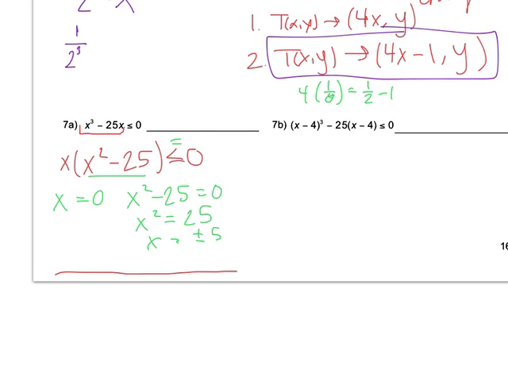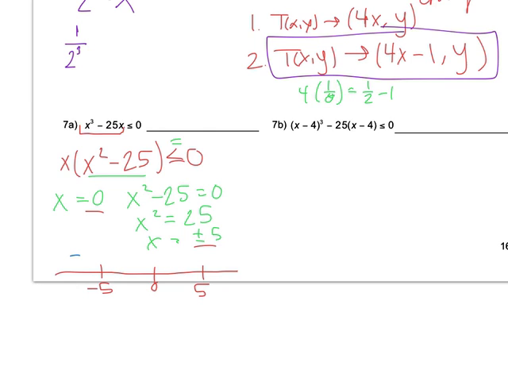Now I'm going to have to use the test point method, but now I need all 3 of these on my number line: -5, 0, and +5. This means I'm testing 4 values now. So pick a value less than -5. Say I pick a very large negative value. If you want -100, that would be a very negative number. Square that negative number, and it becomes positive. Subtract 25, still positive. So that means I would have negative times positive,